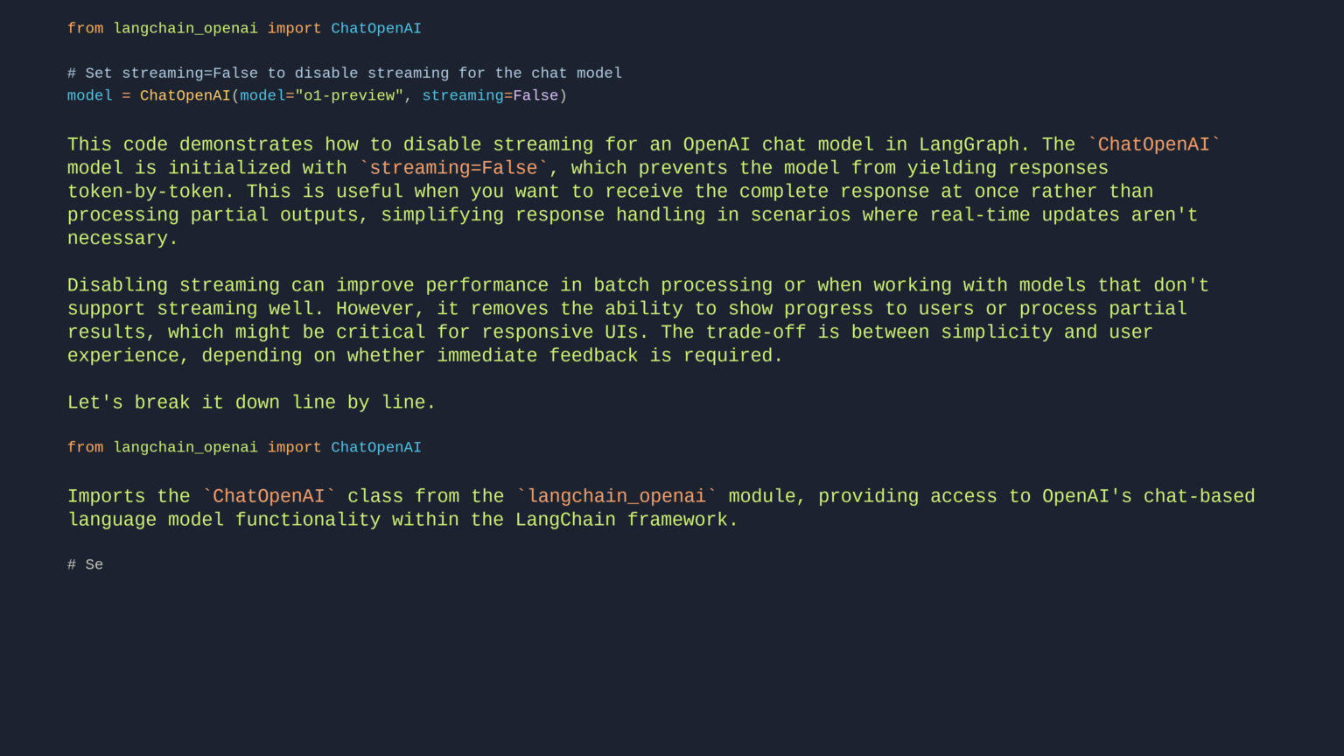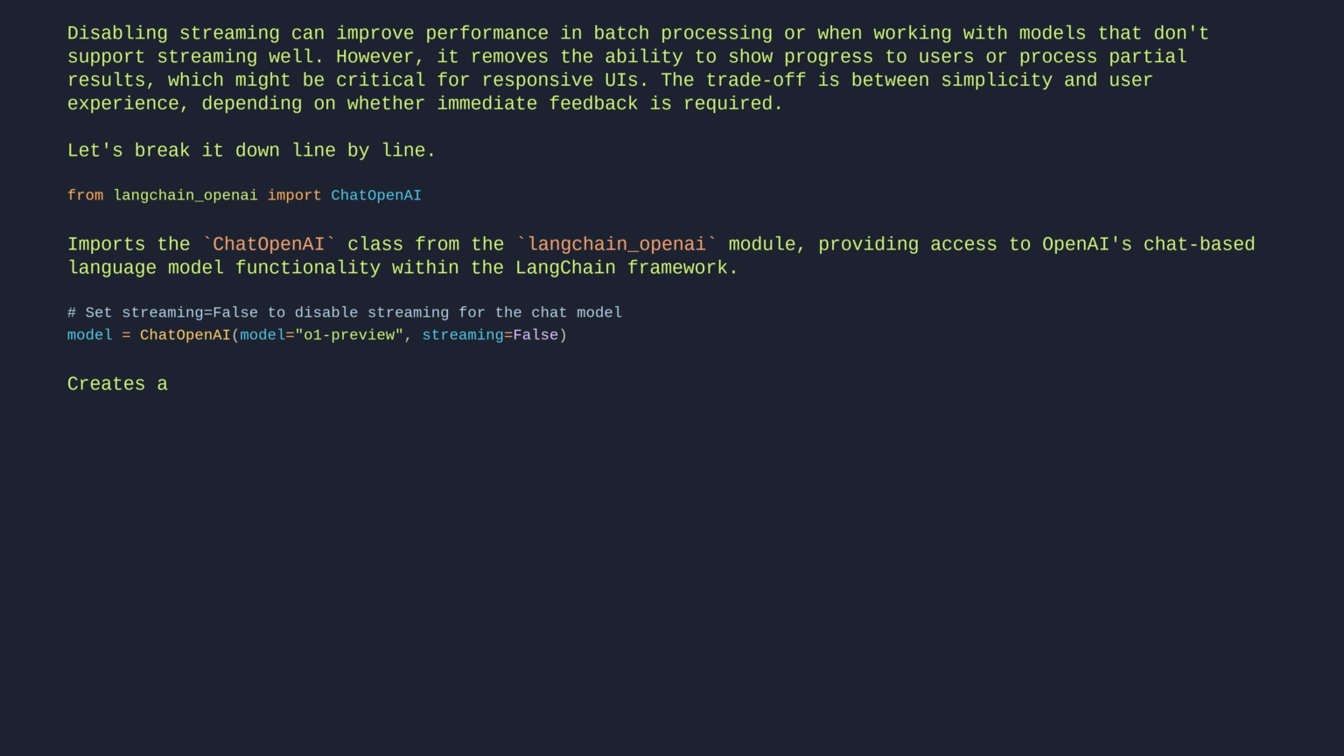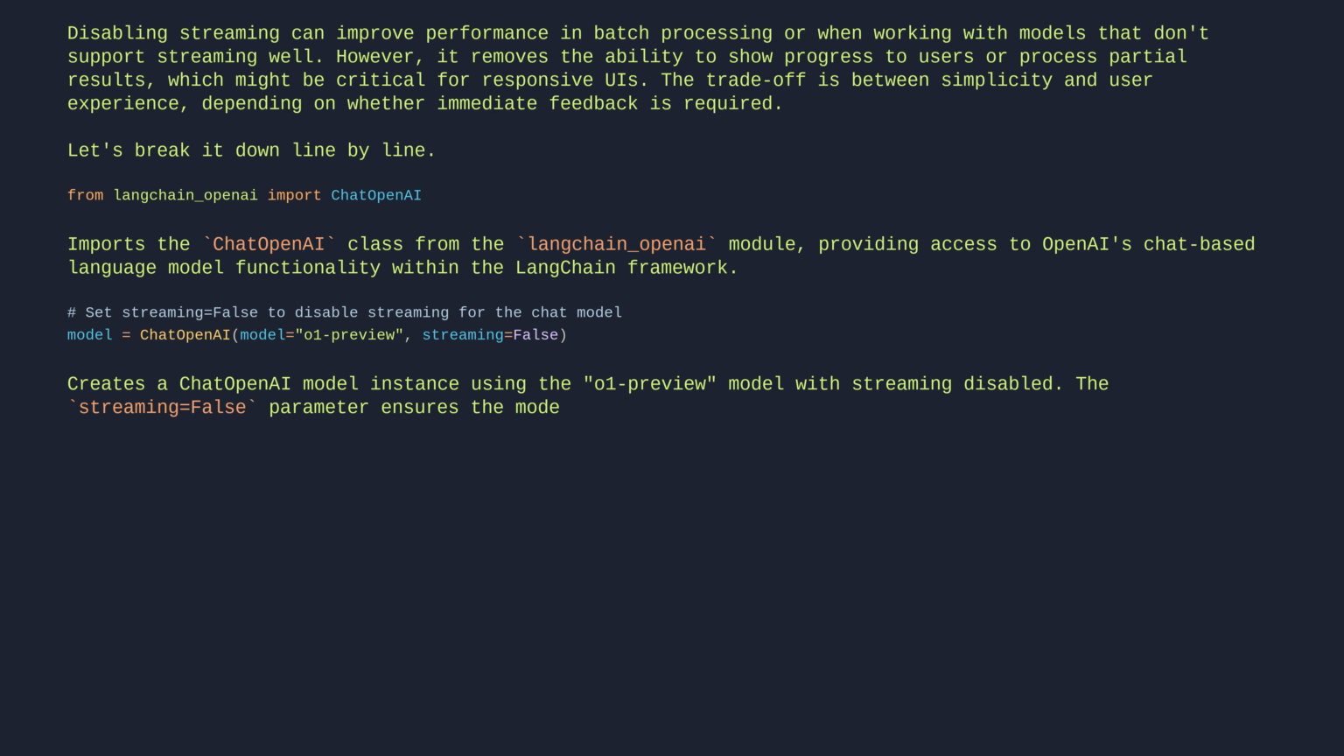Hash set streaming equals false to disable streaming for the chat model. Model equals ChatOpenAI, model equals o1-preview, streaming equals false. Creates a ChatOpenAI model instance using the o1-preview model with streaming disabled. The streaming equals false parameter ensures the model will return the complete response at once rather than sending partial responses